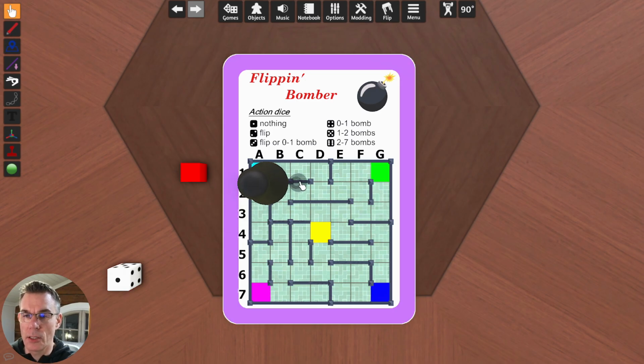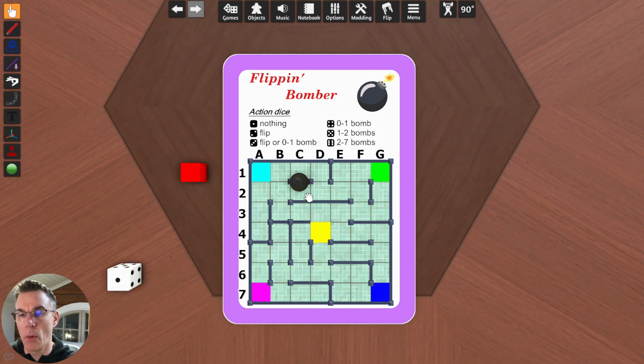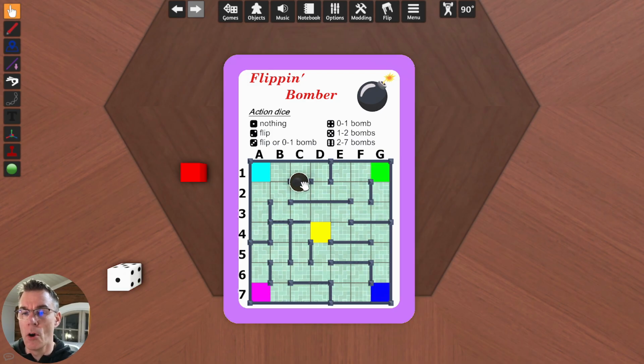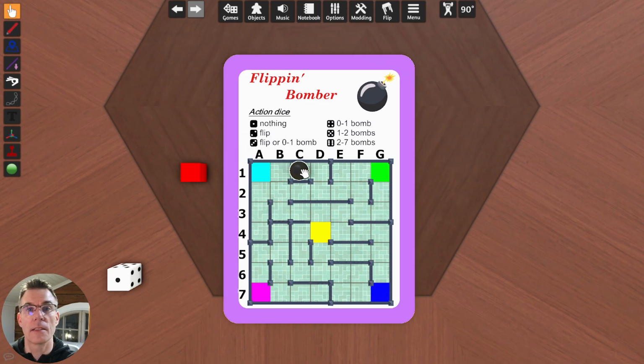But as you can see, it's quite easy to misplace this pawn between two squares. So, of course, it would be nice if we could somehow force this pawn to go always on the center of the squares. For that, we are going to use snap points.